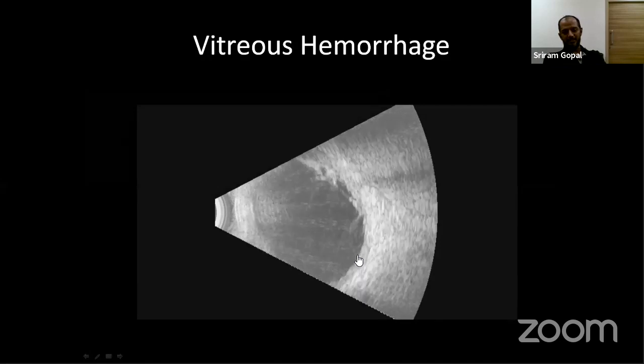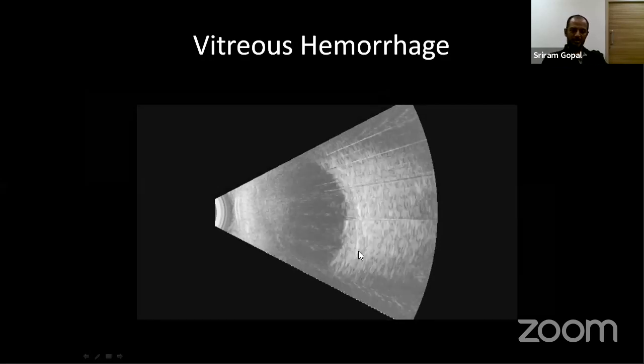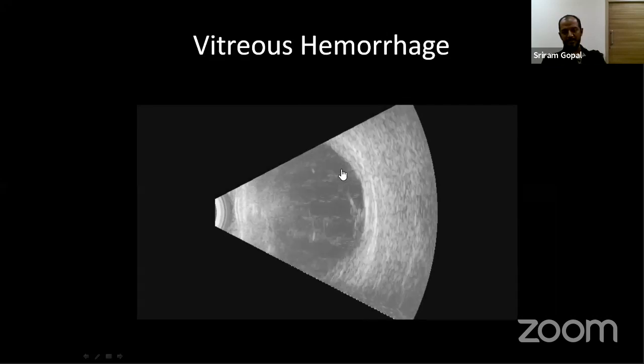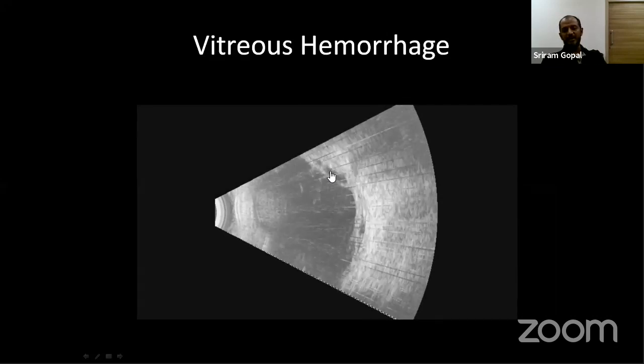This is a diabetic patient with vitreous hemorrhage. But more than the vitreous hemorrhage, what I want to note is the multiple attachments. There is one attachment here, another one here, another one here. Any membrane having multiple attachments all around in the globe cannot be a retinal detachment at all. It has to be a